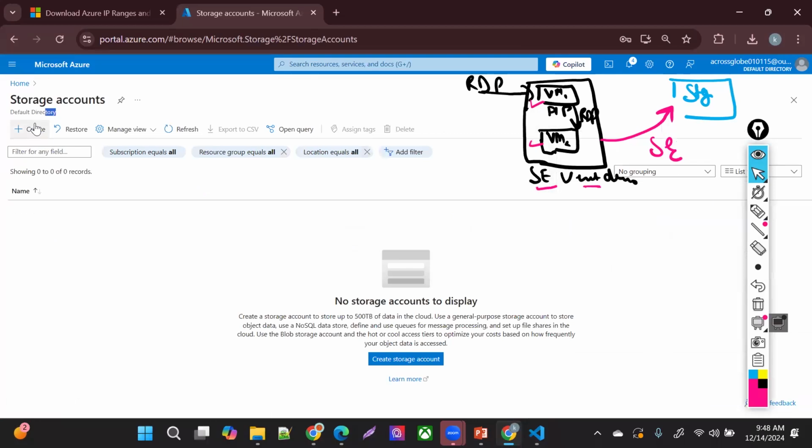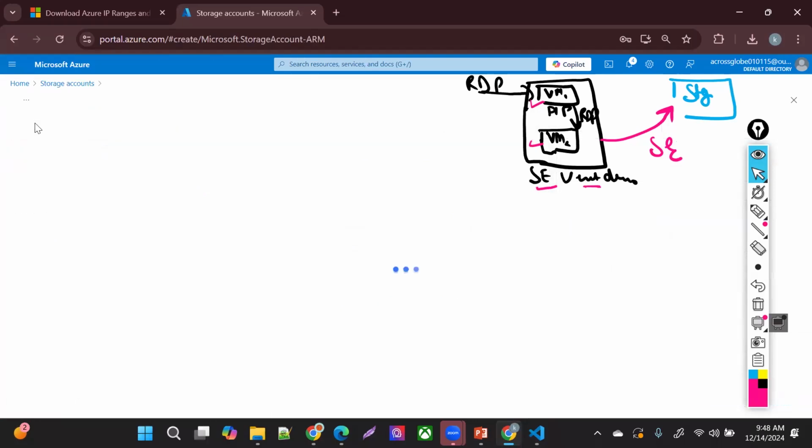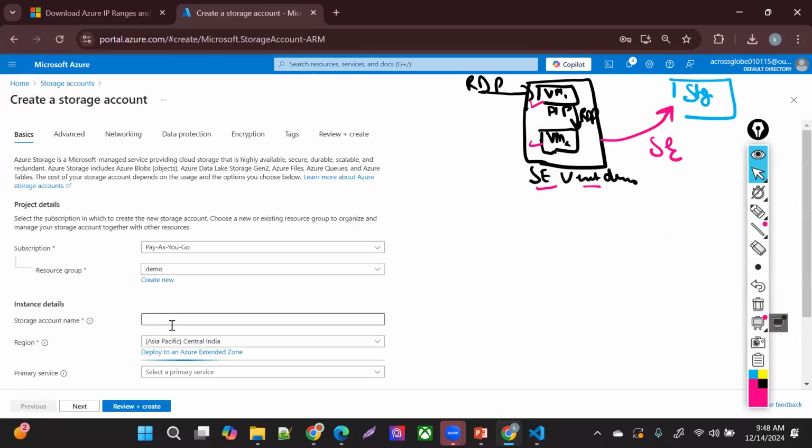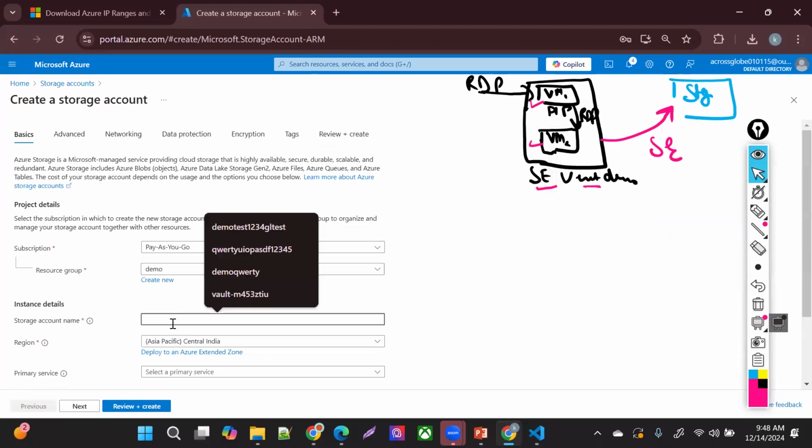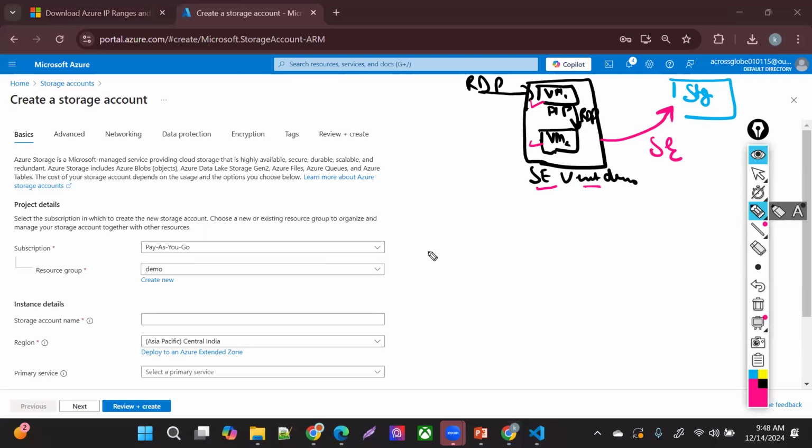I'm going to create the storage account. So this is my storage account, demo is the name of my storage account. Again, I told you multiple times, right? The name should be unique. Why? Because for the name you provide, Azure is going to provide you one FQDN, and that FQDN will be like HTTPS, right? It will be in the name of